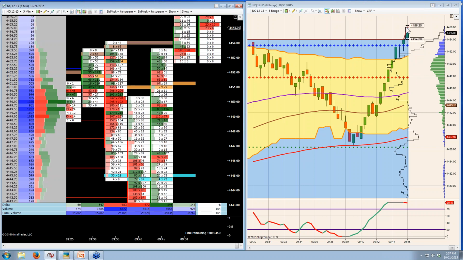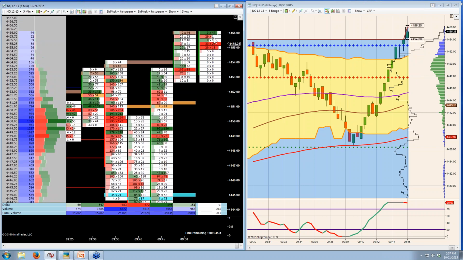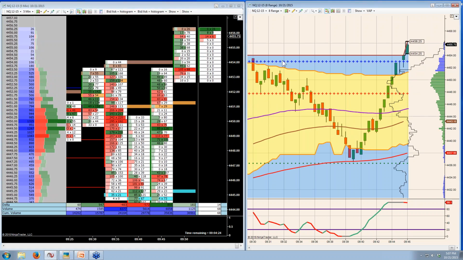So yeah, it pops through, but look at no buyers stepping up here. We got the sellers coming in. We got positive delta here, but still nobody's stepping up above here. You see our sellers? Now I would drool for this setup right here, and I'm going to pause this just so I can draw a line. I would take this as a short